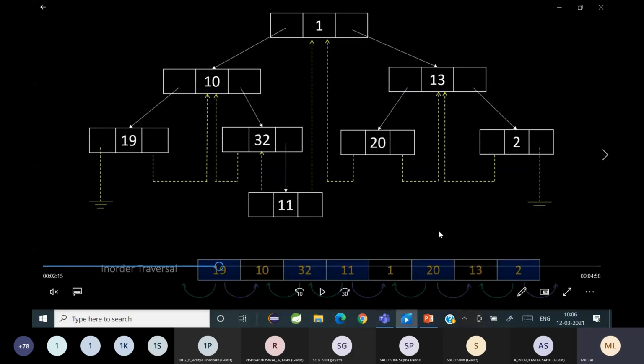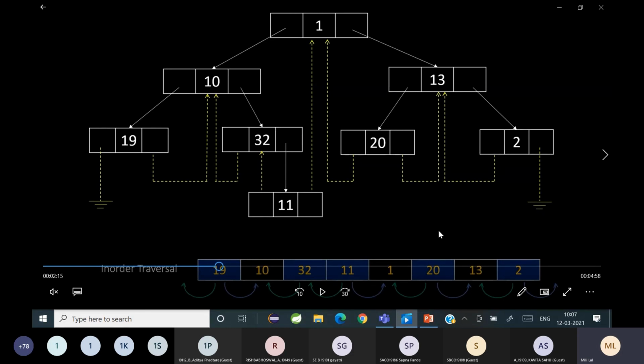Okay. Now take the node example of 20. 20 देखो. 20 का predecessor 1 है और 20 का successor 13 है in-order traversal के block में. तो 20's left pointer is going to point to 1 and 20's right pointer is going to point to 13. ये जो नया पॉइंटर हम बोल रहे, that is a thread.